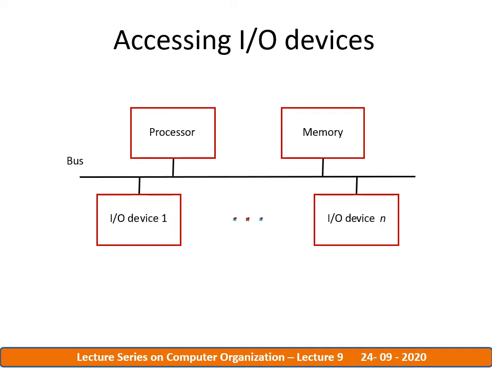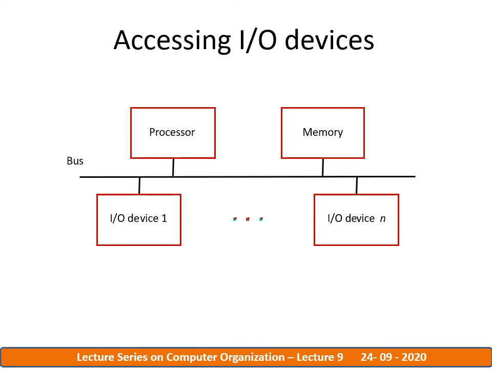The bus is used to transfer information from one device to another device. This we have studied in the first module. The bus consists of three sets of lines: the address line, which carries the address, the data line, which holds the data, and the control line, which controls the devices. So what we are seeing is a single line connecting the devices, the processor and memory, which internally has three sets of lines.